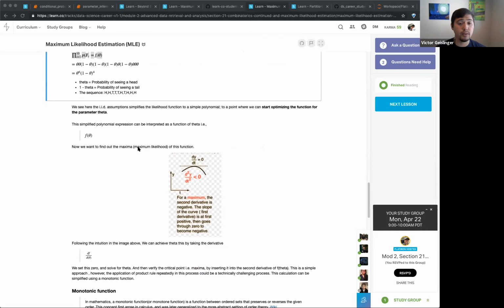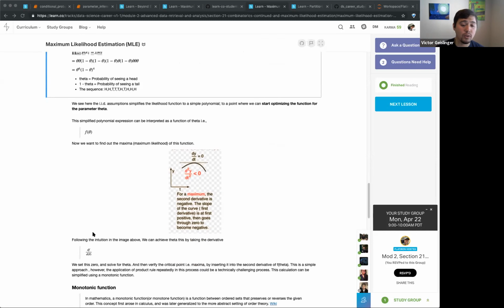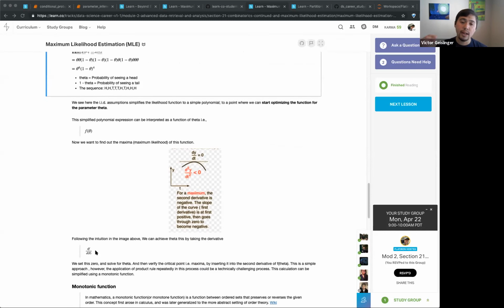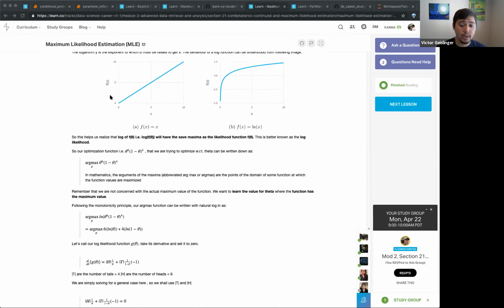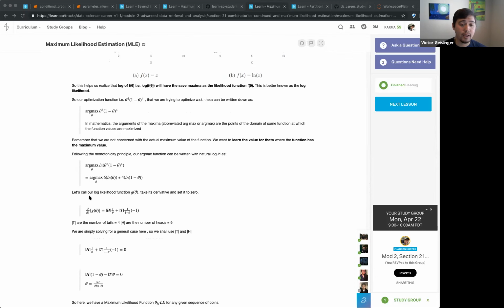It's kind of nice, though, when we have this equation. If we had to do the whole derivative, we'd have to handle theta to the 6 and the 1 minus theta to the 4 and put those all together. Well, it's kind of nice if we take the log of that, we can just take the derivative of that function that we just had up there, but with the log.